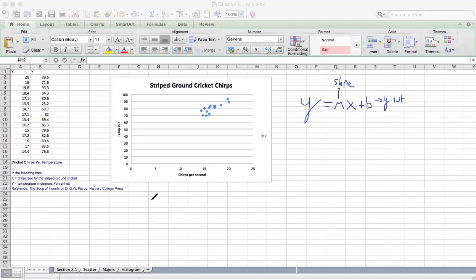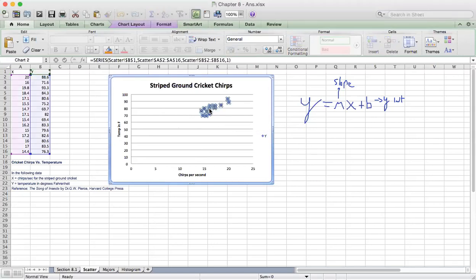And so this is one we've already talked a little bit about when we got into 8.2, graphing data. This is a scatter plot where x is the number of chirps per second for a striped ground cricket. Our y is the temperature outside, and we wanted to see if our data fit a linear model. So we easily go back to 5.1 and do like we did with 5.1, right? And what we did with 5.1